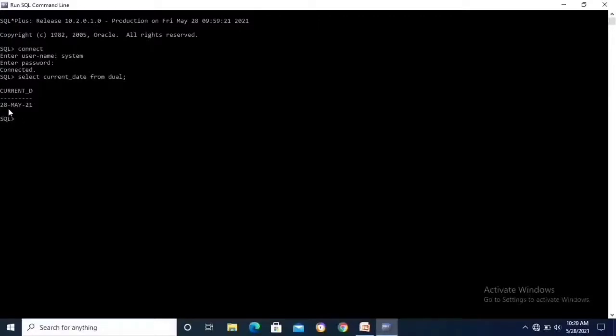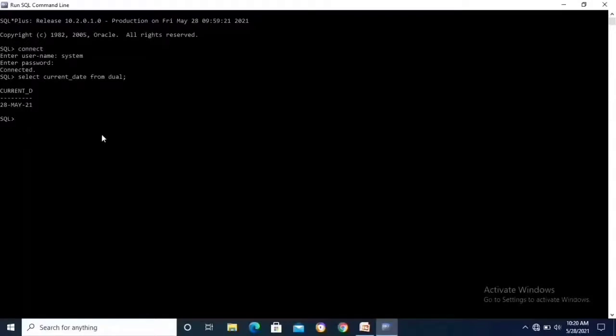Today is 28 May 2021. Year can be declared as a 4-digit year or 2-digit year. My system date is 28 and the month is the 5th month. If you look at this cursor, the month is 5th month and year is 21. So it displays the current date.